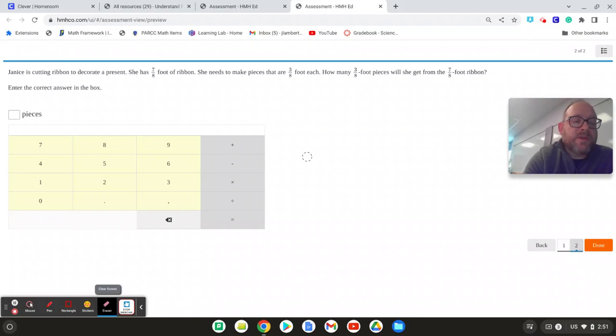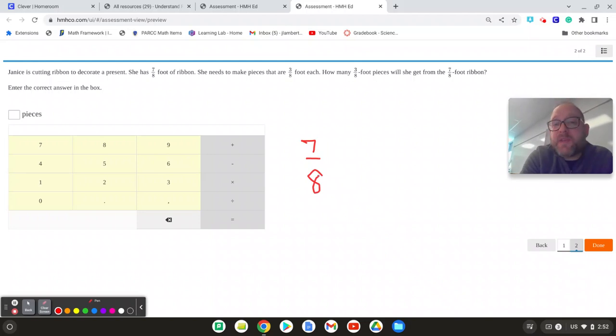Now this one we could draw out, but I'm going to do it a different way. I'm going to use what we learned in our lesson. So I've got 7/8 of a foot of ribbon. I need to make 3/8 pieces. I want to know basically how many groups of 3/8 I have in there. So I can figure that out by modeling and drawing it out, and taking out my 3/8 pieces of ribbon, or